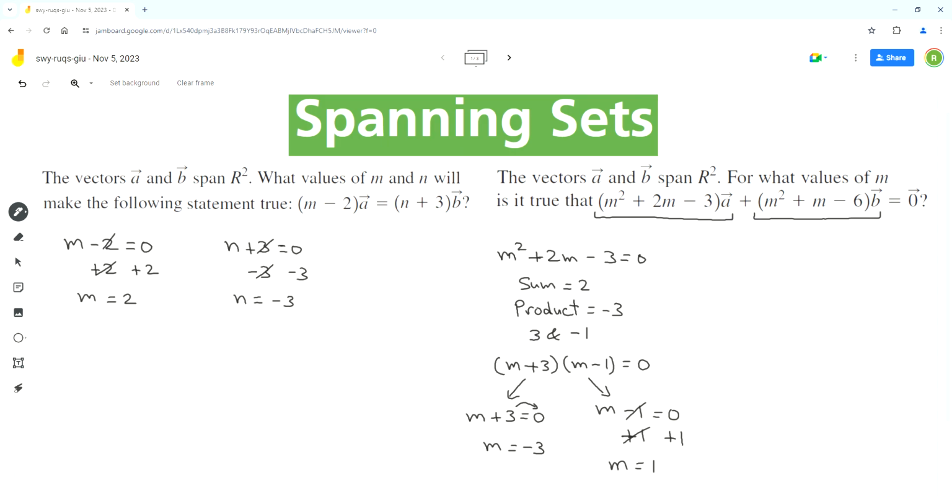Now let's analyze the second one. We have to find the M values that will make this coefficient equal to 0. So we can use trinomial factoring. We have to find two numbers whose sum is 1 and product is -6. And the numbers are 3 and -2. So we can factor the equation as